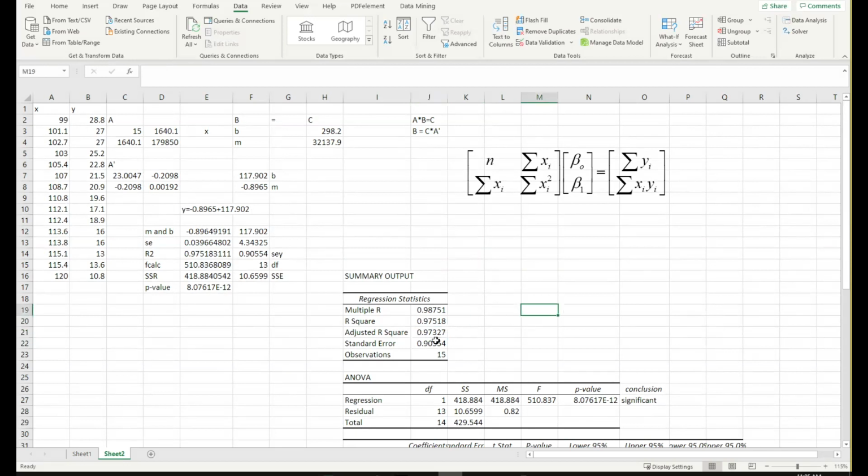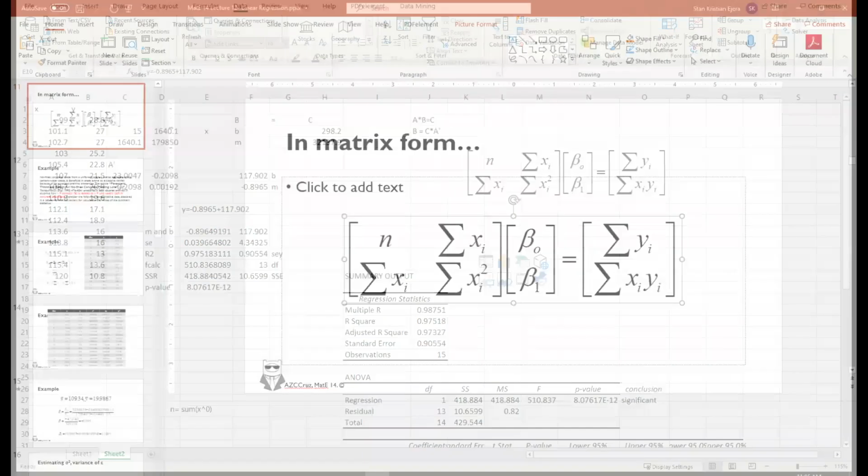So, here is the standard error for the Y. You can see that they're the same, the standard error for the Y. But you can manually compute this as well, no? So, if we go back to the PowerPoint,